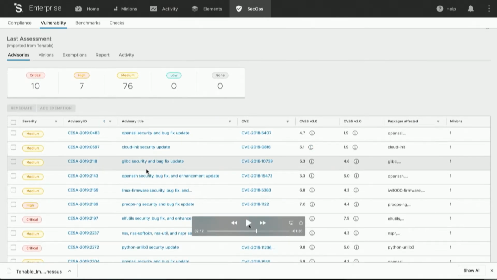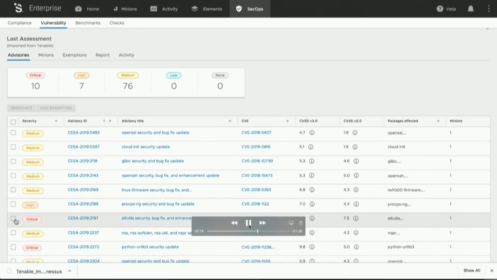So typically, you would go in and select the highs and criticals. And what we have heard from our customers is that we just fix the criticals and the highs, and the mediums are on an as-is basis. Whenever we have time, we'll figure it out. But for the first time, we just want to focus on the criticals and the highs. And as we are going through this solution, keep in mind this is an API-first solution. So all the operations that are happening in the UI, you can do all of this from the API as well. So let's go ahead and select all the highs and the criticals.